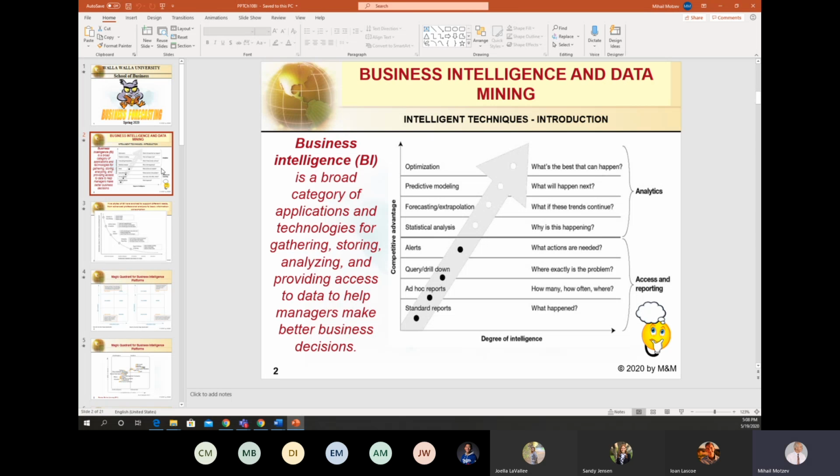And with the advent and development of new computer information systems and techniques, it was possible to perform deeper and deeper data analysis, and a new, large area, I would say, named business intelligence appeared.